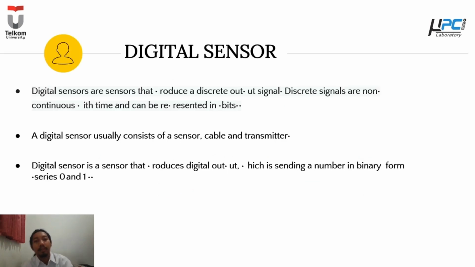And next, digital sensors. Digital sensors are sensors that produce a discrete output signal. Discrete signals are non-continuous with time and can be represented in bits. A digital sensor usually consists of a sensor, cable, and transmitter. A digital sensor produces digital output, which is sending a number in binary form,